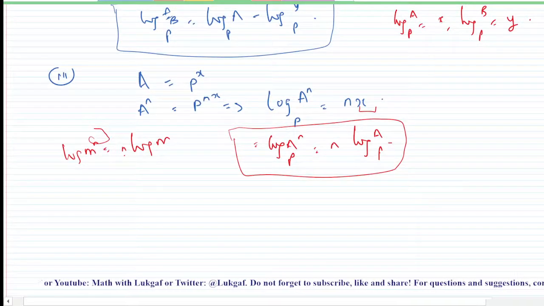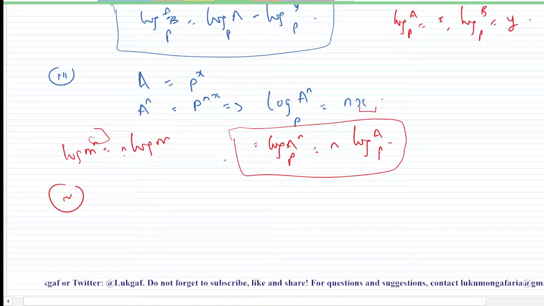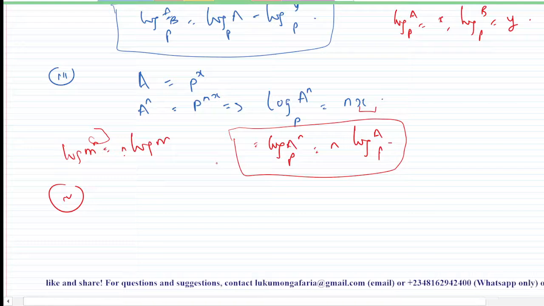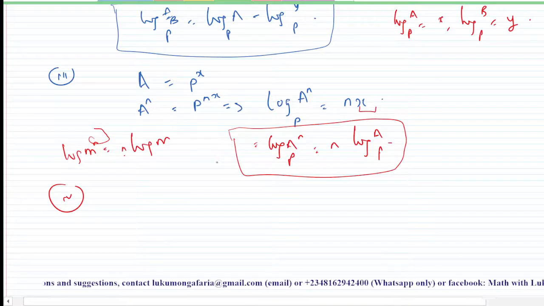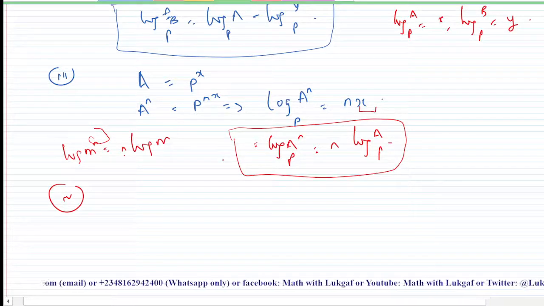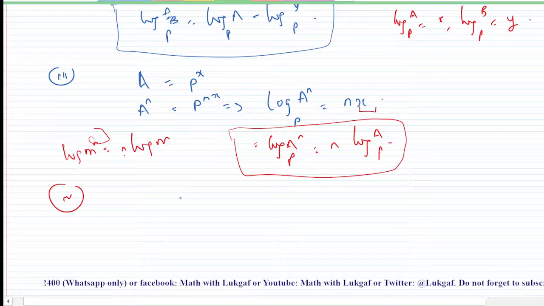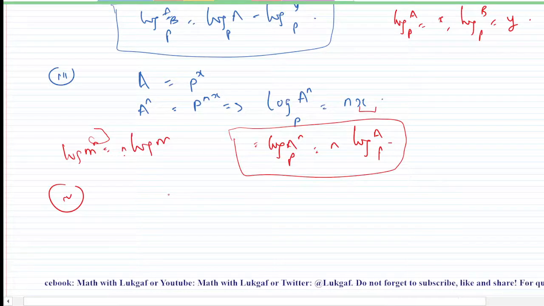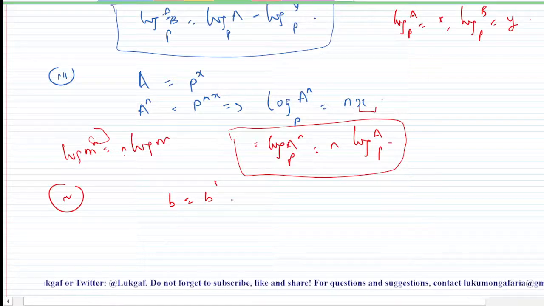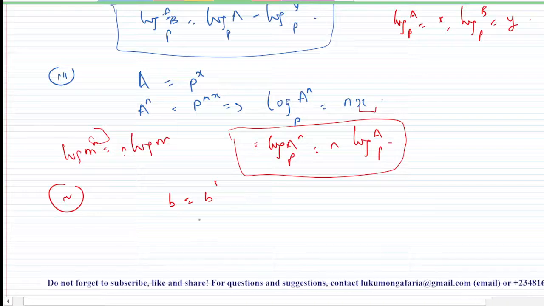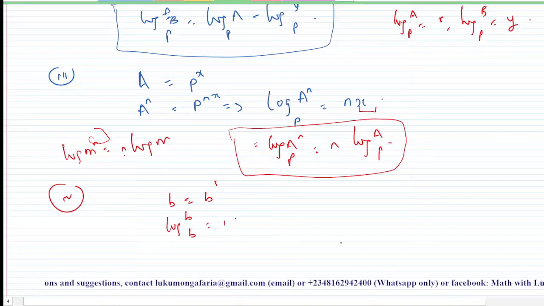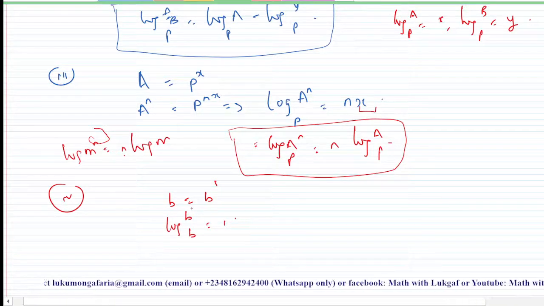So if I derive another one, the one I want to derive here is the logarithm whereby the number and the base are the same. You understand now? So when you have that the argument and the base are the same, what are you going to have? Okay, now let me derive that. We have that my b, b is the same thing as b raised to power 1. Then this is an indicial equation. Then you can rewrite this in logarithm as log b base b equals 1. You understand now? So log b base b equals 1.